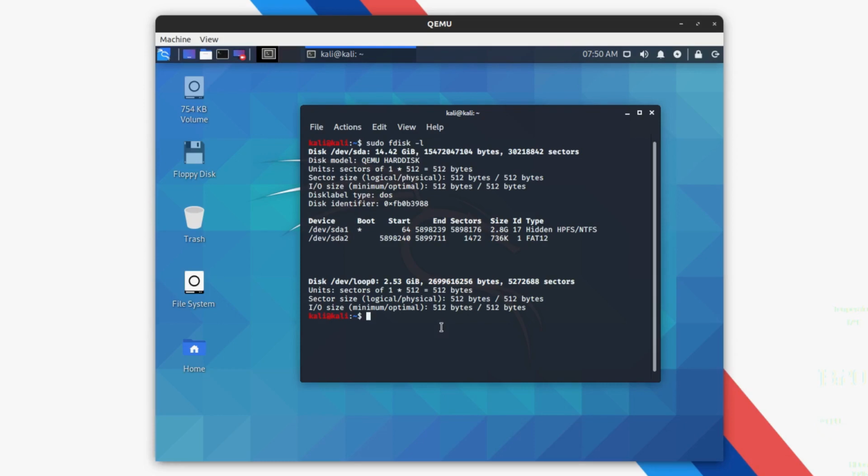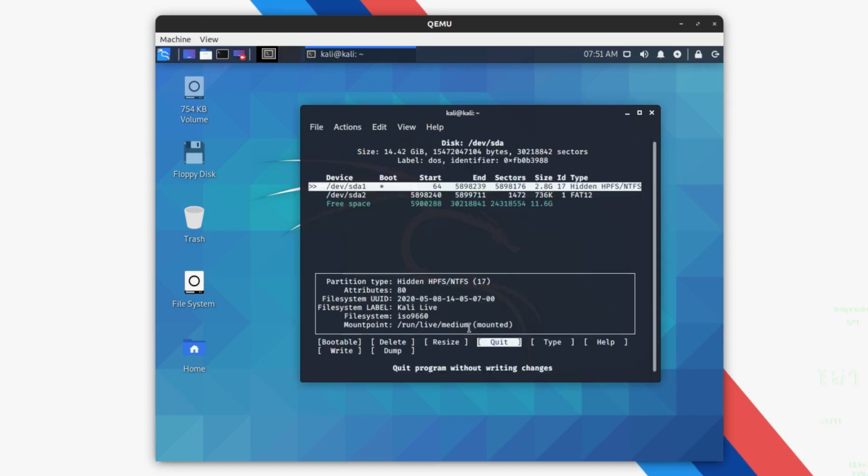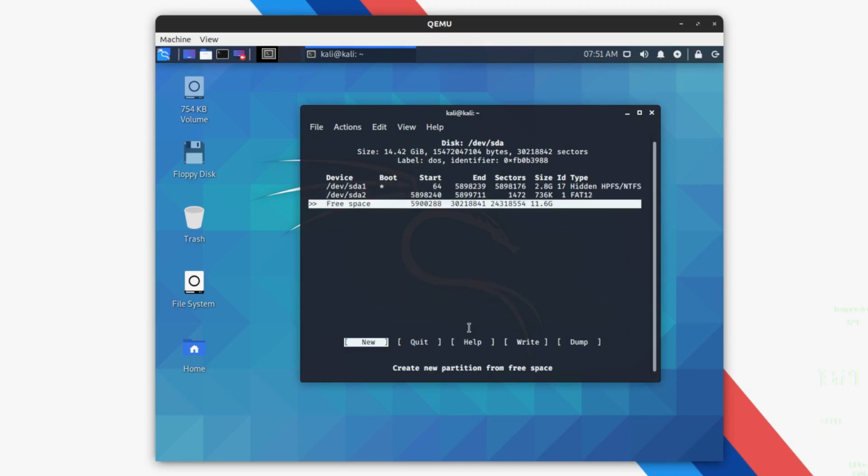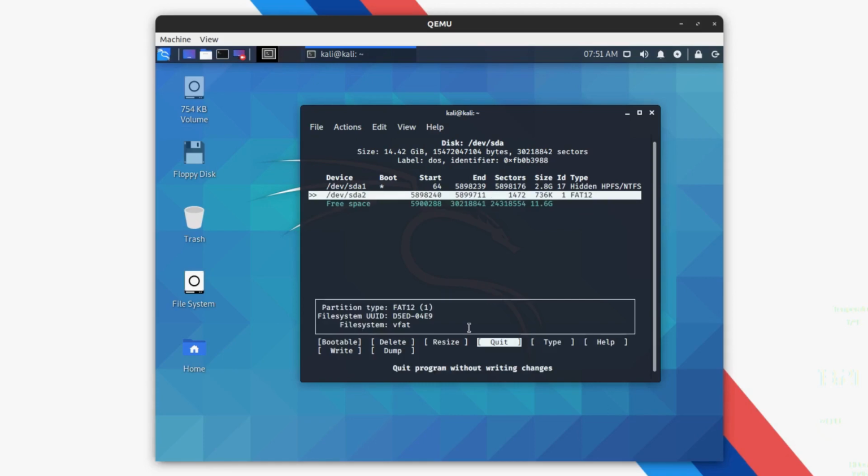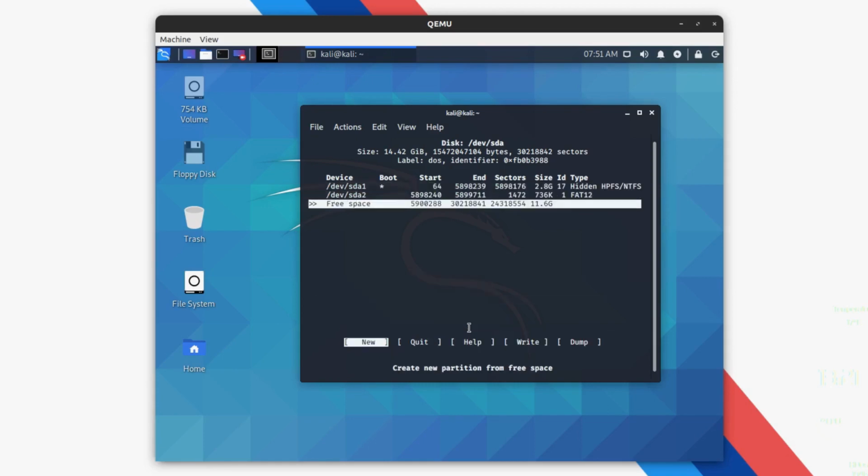So what we are going to do is create a new partition so that we can store the persistent data. For that, you just have to type cfdisk, and do not forget to type sudo before, and then specify the path of the drive. So this is /dev/sda, so just type it and hit enter. This will give you this menu here. You have to choose the free space option from here. These are the two default partitions, and you have to choose this one. Then hit enter to create a new partition, and then specify the size. I'm going to use all the available size, which is 11.6 gigabytes. So I'm going to hit enter.